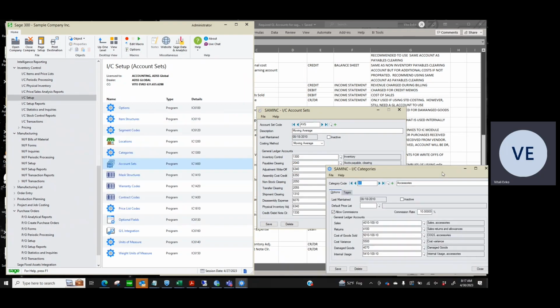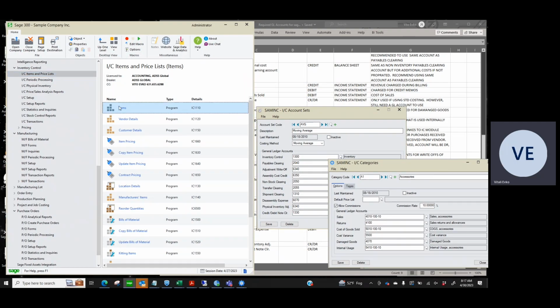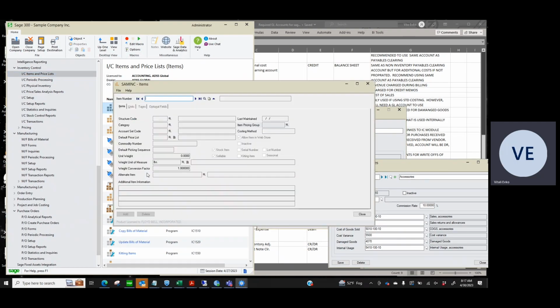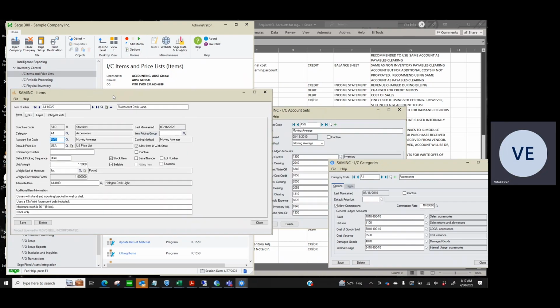Every inventory item must be assigned an account set and a category. So if I open up a typical inventory item, you'll see that I have to assign it a category, I have to assign it an account set, which is important to note because this is more common, although for accounts payable, accounts receivable, most clients have one account set. For inventory control, it's not uncommon to have multiple account sets and multiple categories, mostly multiple categories,